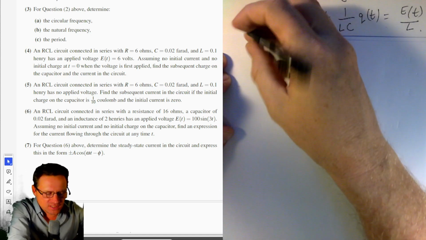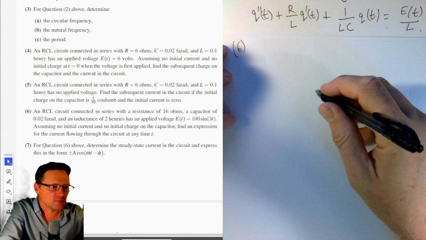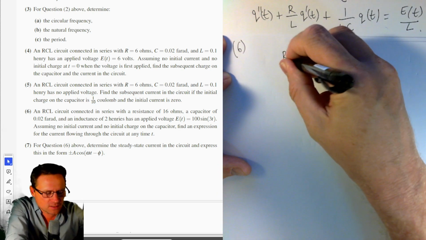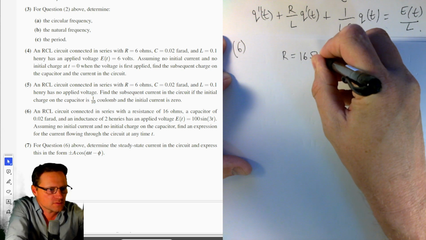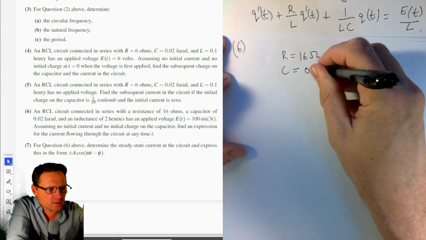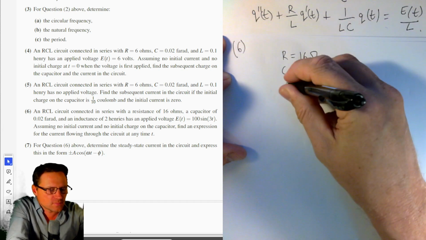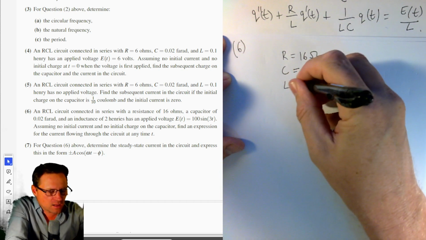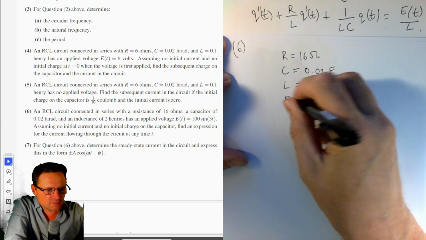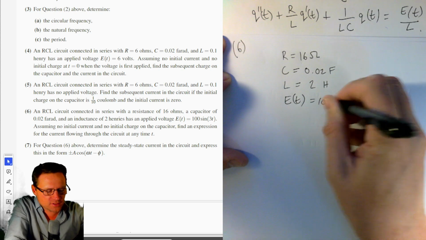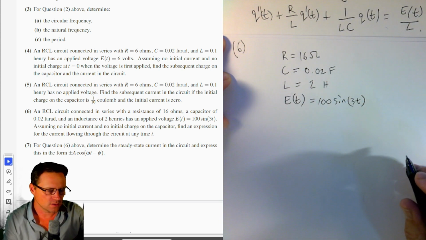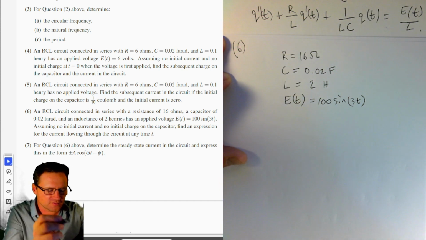Okay, question number 6. So let's seek out the data here. We have an RCL circuit with resistance R equal to 16 ohms. Capacitor C is 0.02 farads. And inductance L, 2 henries. E of t is 100 sine of 3t. Okay, now that should be enough